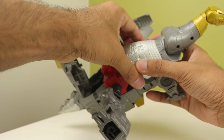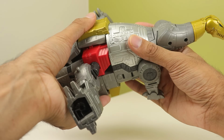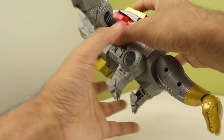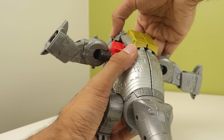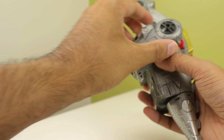Then you bring this section down to fill in the torso. Bring this around, and this will hug everything and sort of tab it all into place. Something's not going in correctly. I don't know what it is. Oh, there we go. Peg that all in. And then there we have